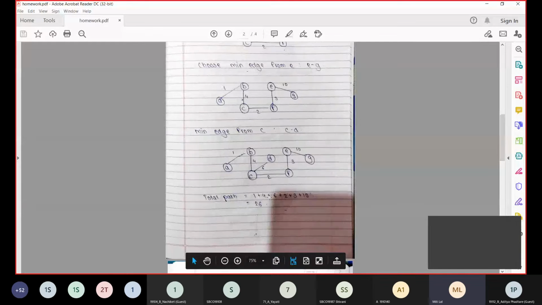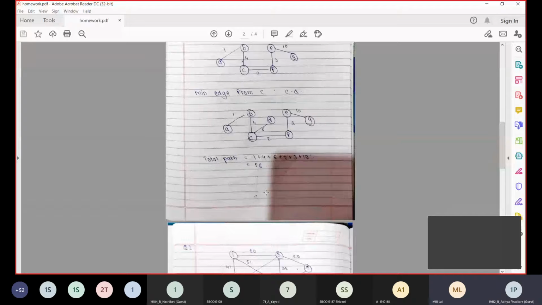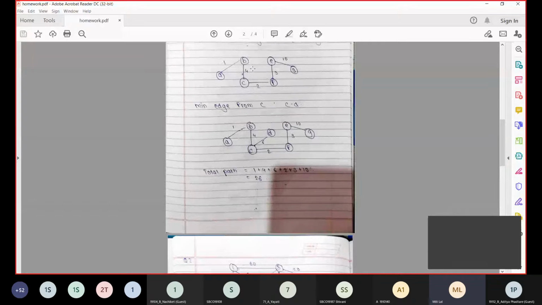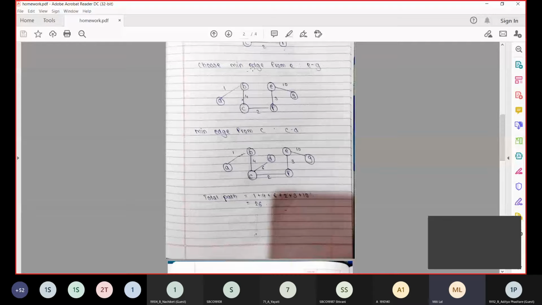Yes, students, are you all there? सबको मिला क्या total path 26? Yes, ma'am. Okay, because if the values are not unique, the graph might not be similar, but the total path cost will be same. That's why I asked whether the path obtained is same. Is it similar 26 for all? Yes, ma'am. Okay, fine.